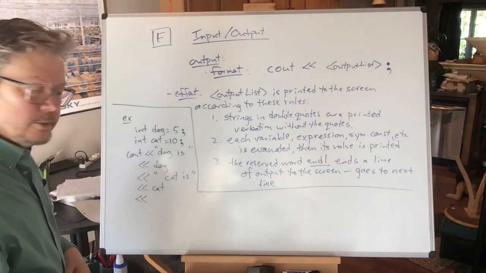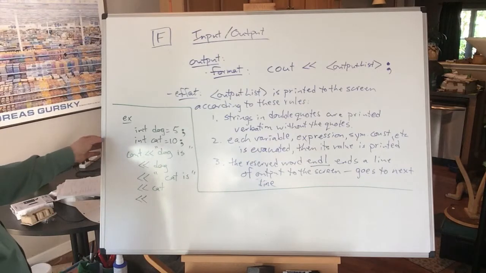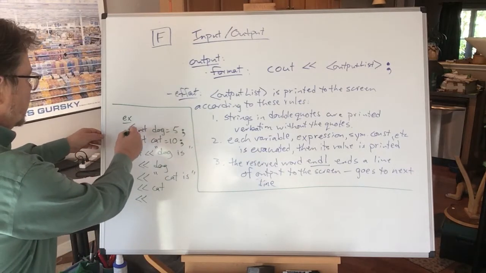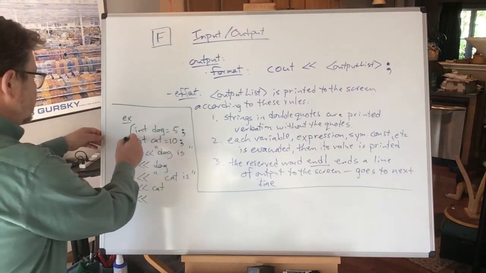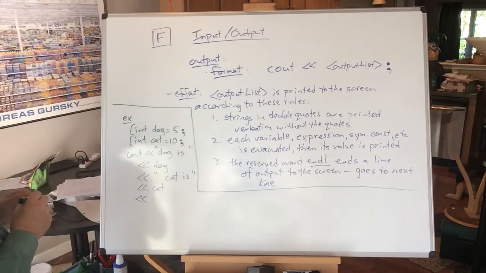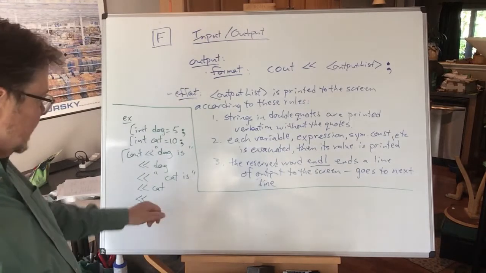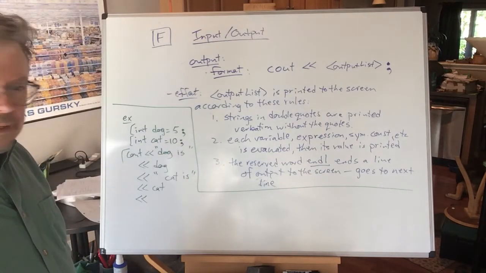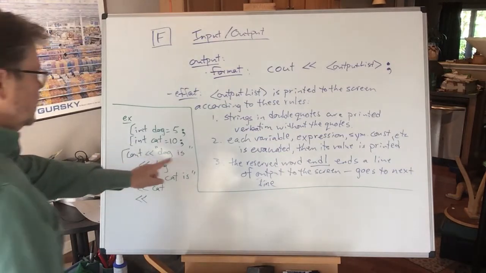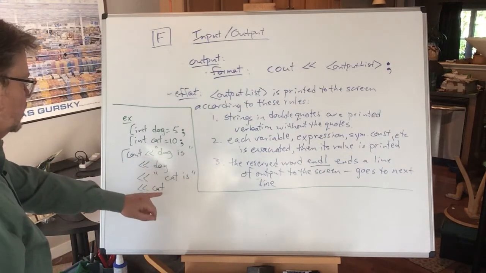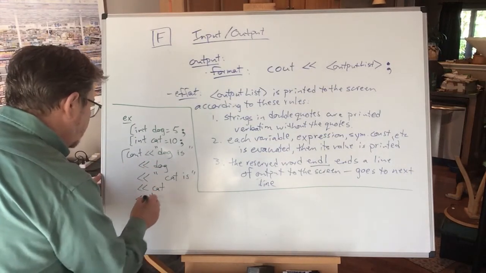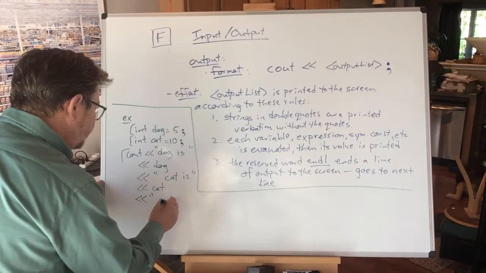This is all one line in the mind of the compiler, the point of view of the compiler, the one that's responsible for changing this to machine language so it could run. Here's the first line, int dog equals 5. Second line, cat equals 10. Third line is still going. How is the compiler supposed to know it's still going? Because it hasn't seen the semicolon yet. So it's going to be dog is in quotes and then dog, cat is in quotes and then cat, and then down here for the grand finale, and dog